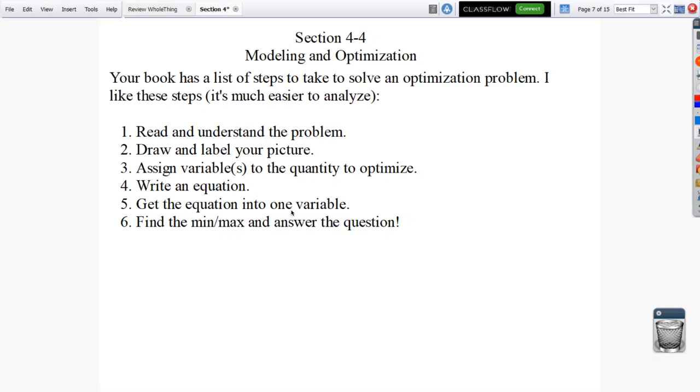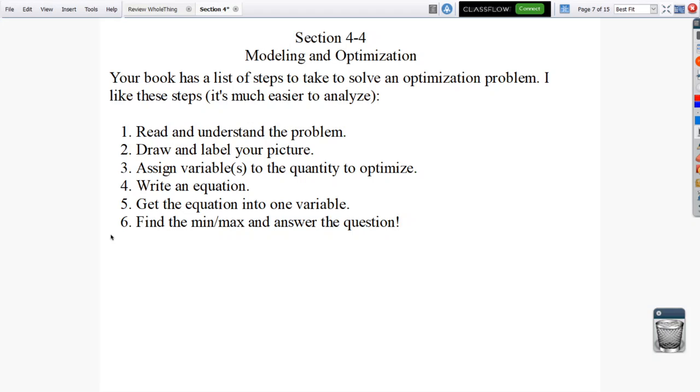So in your book, there are some steps. They're on page 219. Those are the steps that Finney, Demana, Waits, and Kennedy thought would be good for solving an optimization problem. I like these steps a lot better. They just work better for analyzing these types of problems. And those of you who are in physics probably recognize them as pretty similar to what Mr. Harvey uses for you. But those steps, you might want to write them down, are 1, read and understand the